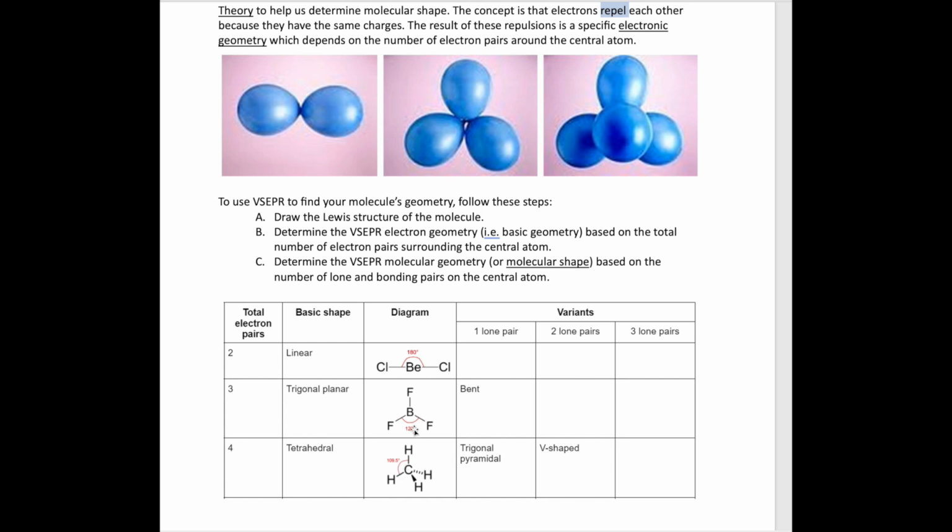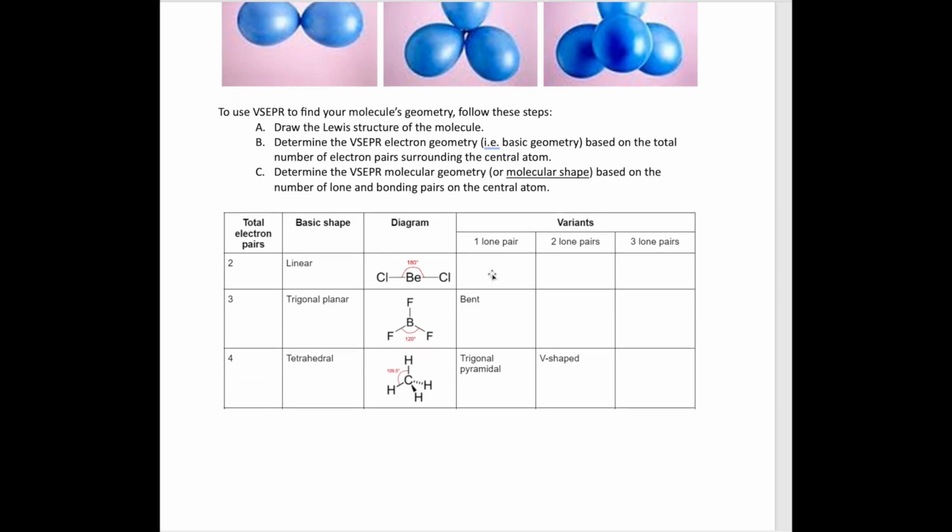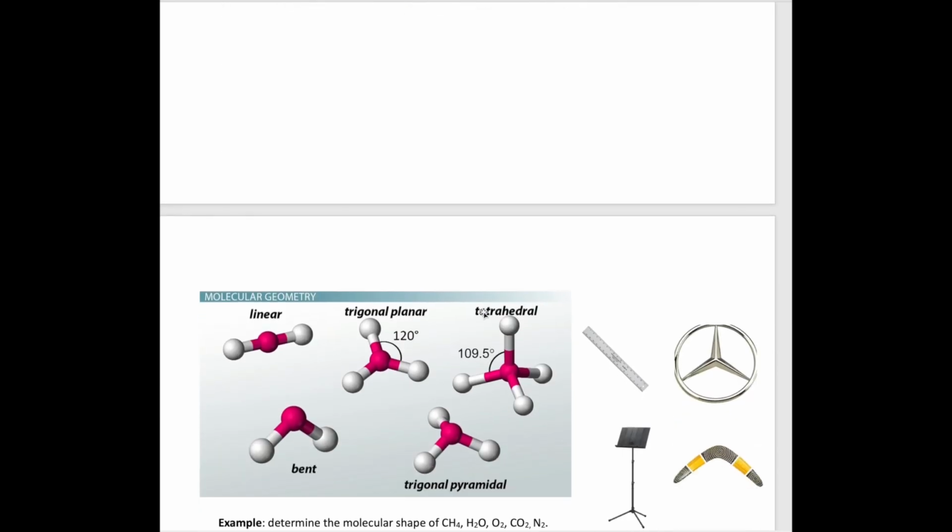Now it's a little hard to see this with the balloon, so I'm going to just scroll down here to show you a molecular model of this. So the top three here are the structures that I just showed you. This is the linear, this is the trigonal planar, and this is the tetrahedral, with the pink atom being the central atom. So here you've got the central atom bonded to two other atoms, the white atoms. Here the central atom is bonded to 3 others, and then here's the central atom bonded to 4 others.